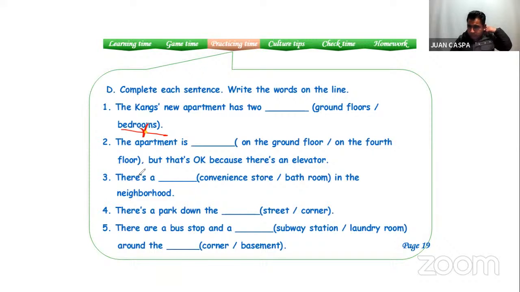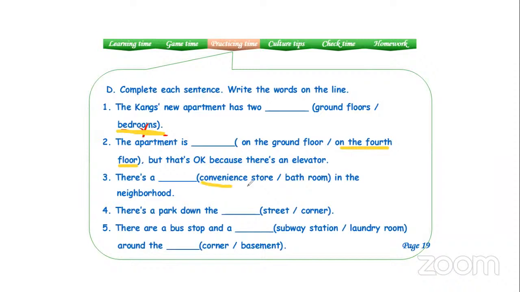And so, are you there? Okay, this is gonna be on the Teacher, yeah. Number two is on the fourth floor, right? And what about number three? What do you think is the answer? There's a convenience store or bathroom in the neighborhood. Convenience store, yes. And number four,